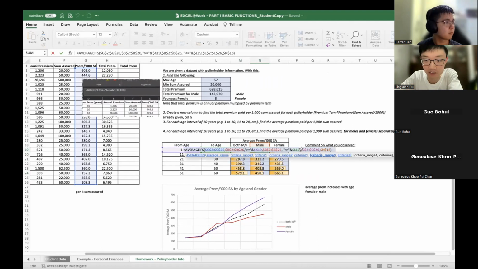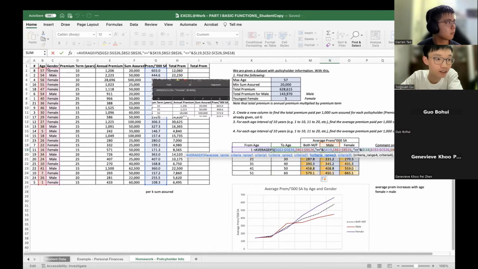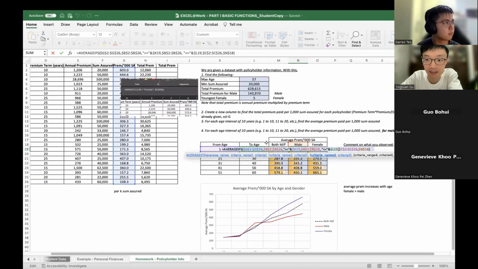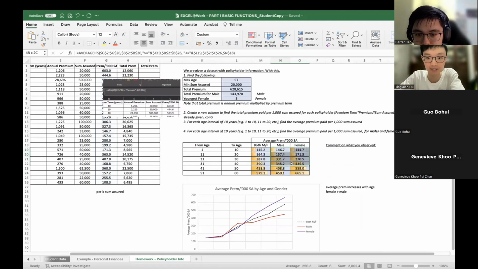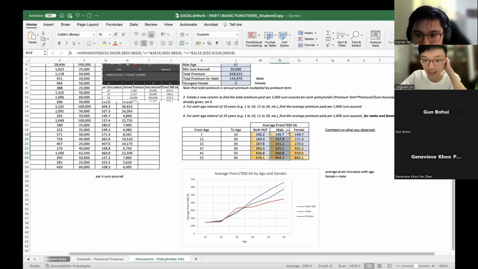So for criteria range 3, I select the column C, the gender column, and let the column equal male or equal female, depending on which one you want to look at. Then I got the answer for the male and female, and their answers look relatively similar, so maybe the function I use is correct.